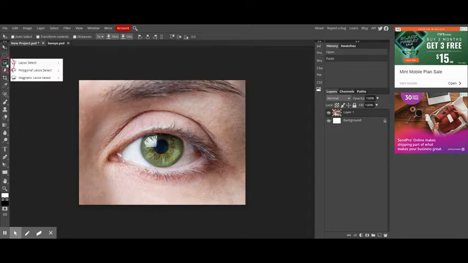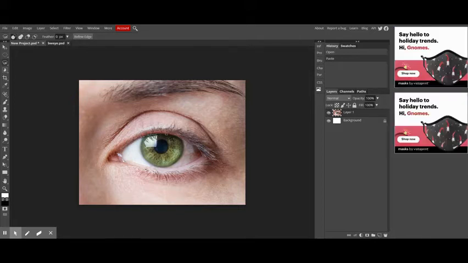So the first thing we're going to do is capture the iris, which is the colored part of the eye, and you can use any of these selection tools that we learned previously. In my case, I'm going to go ahead and just use the magnetic lasso and just kind of go around. If it's not perfect, that's okay. You can